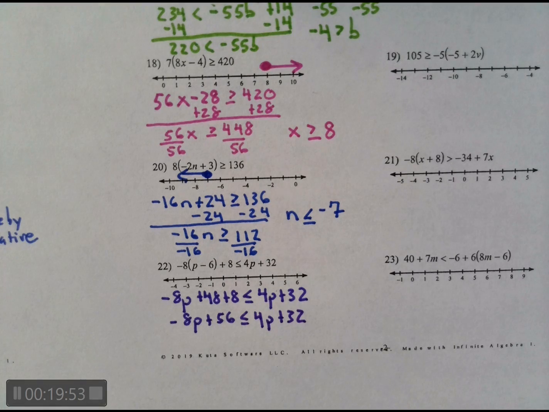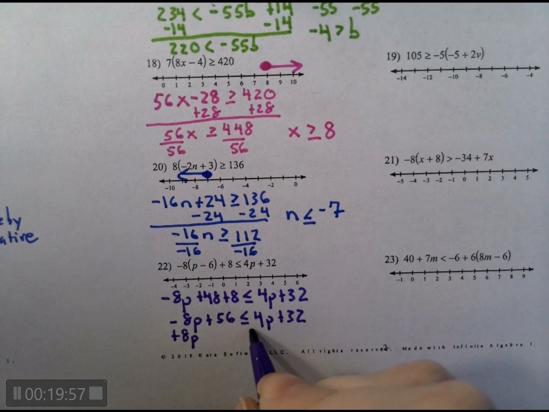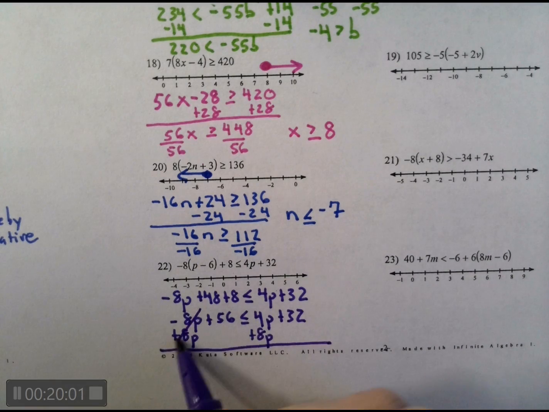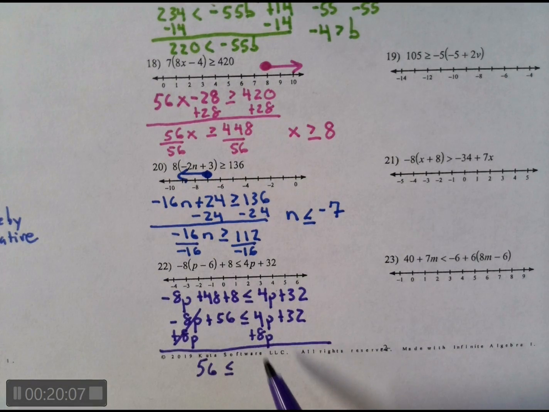I am going to add 8p to both sides. So that'll cancel out and I will get 56 is less than or equal to 12p